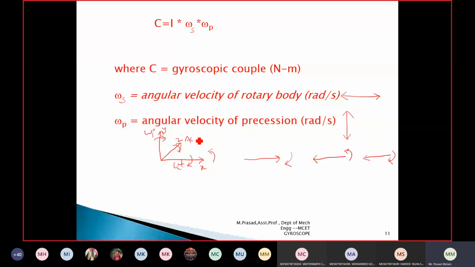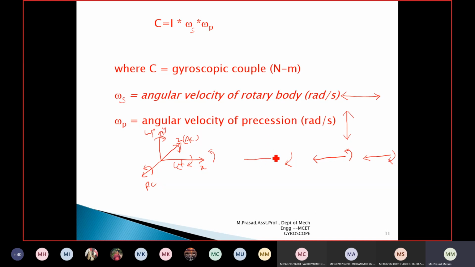This gives my active couple. To maintain this equilibrium, what I am doing? I am putting one more couple opposite to this. The active couple is moving in the forward direction. The reactive couple has to move in the reverse or back side. This is the reactive couple. It has to move downwards, means how it has to rotate, how my thumb has to move, opposite to this. Here my thumb is moving clockwise, it is moving upward. It has to move downward, means my thumb has to rotate in this direction. Sorry, this is the active couple, this is the reactive couple.